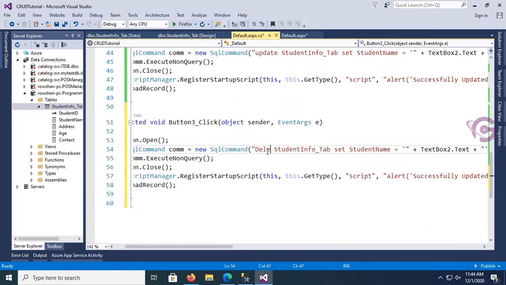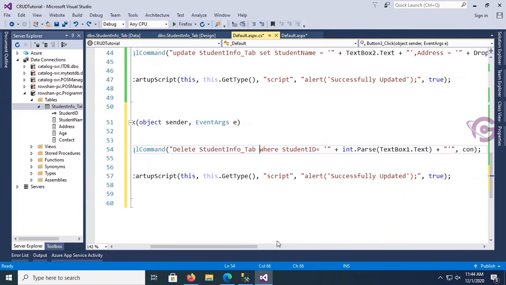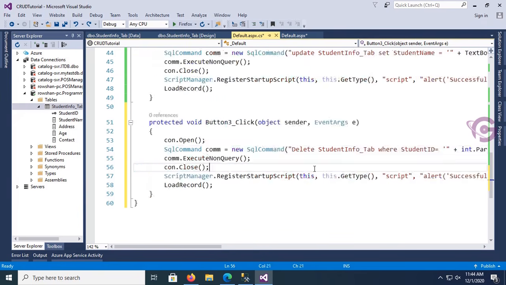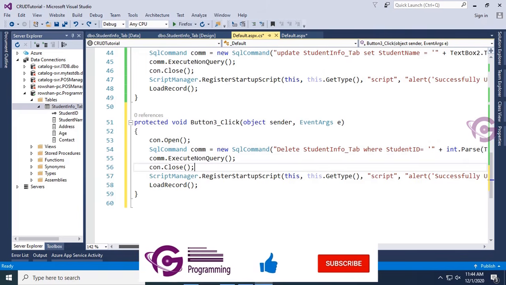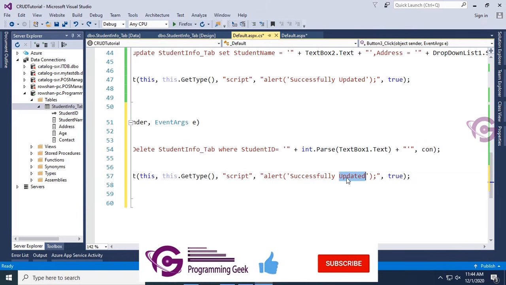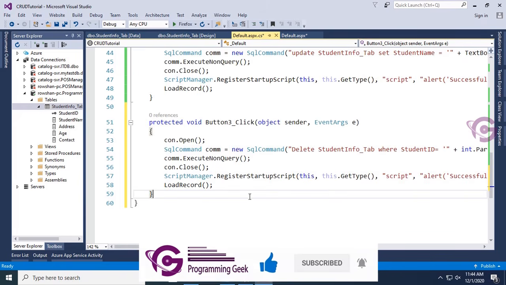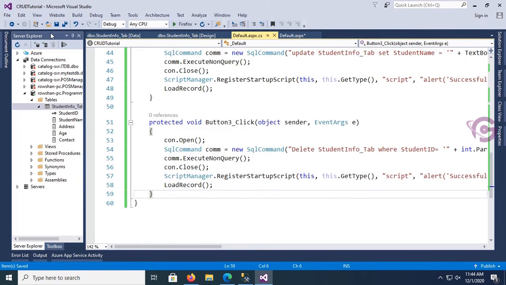So the statement is delete student info tab only where student id equal to textbox1 dot text. Initializing connection string con. Okay, execute non-query. Okay, con close, and the message will be successfully deleted. Okay, it's done. And just calling the method load records. Save this